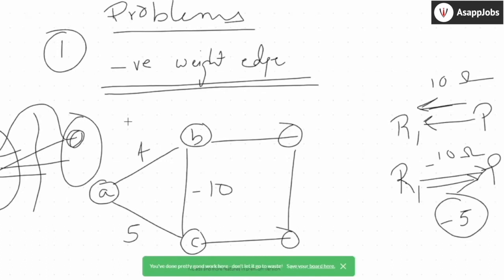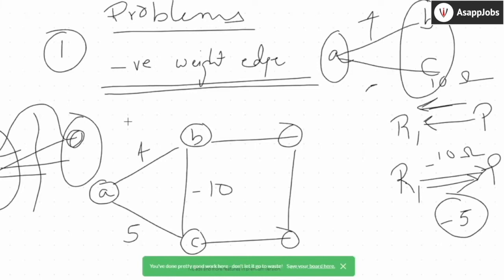But if I apply Dijkstra here, what will it do? Okay, my left side is empty, it is only A, and on the right everything is there, which includes B and C. These are the edges which are 4 and 5. I know my cut, I'll pick the minimum out of it. The minimum out of it is what? 4, right? If I pick 4, my B will go on the left.